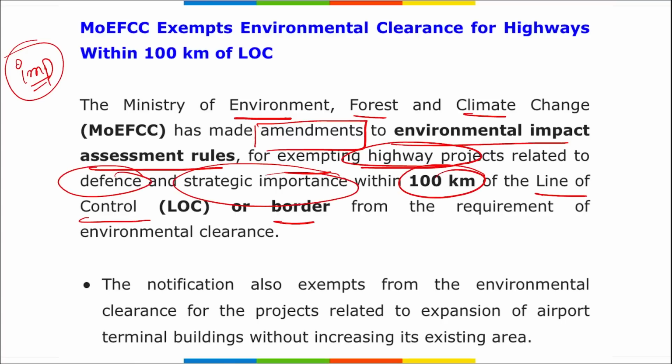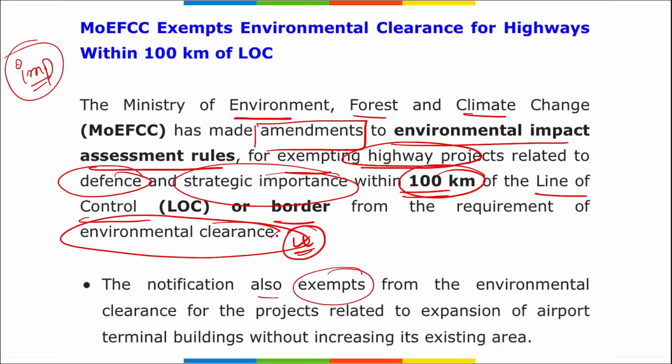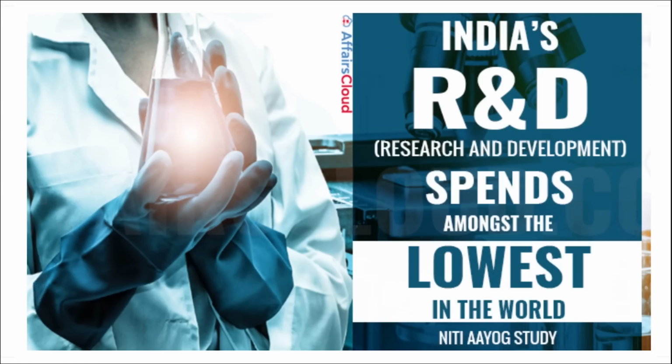That means for the environment, the forces don't have to go to the required department for environmental clearances before these defense and strategic importance projects that are within 100 km of the line of control or border. The notification also exempts from environmental clearance the projects related to the expansion of airport terminal buildings without increasing the existing area. Next we are talking about how India's research and development spending is amongst the lowest in the world